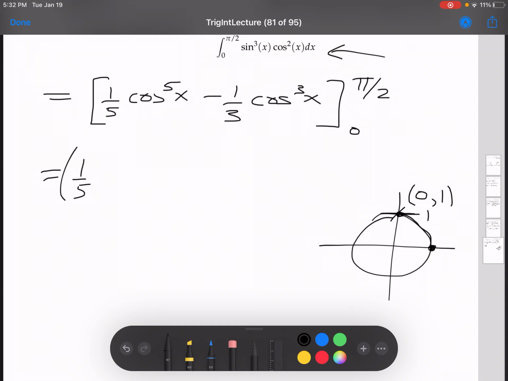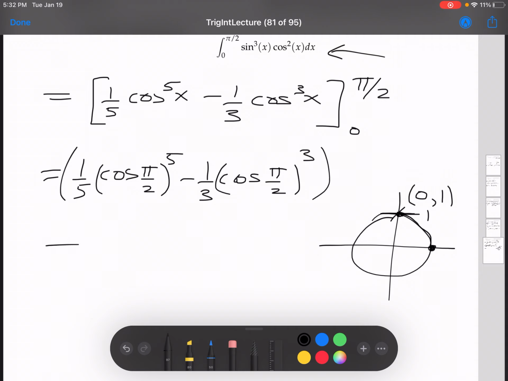And also we'll need, okay, so we have one-fifth cosine of pi over 2 whole thing to the 5th minus 1/3 cosine of pi over 2 whole thing cubed, subtract. Now we'll have 1/5 cosine of 0 to the 5th minus 1/3 cosine